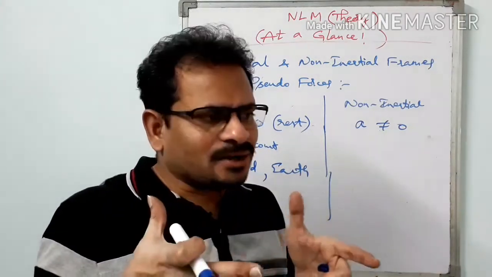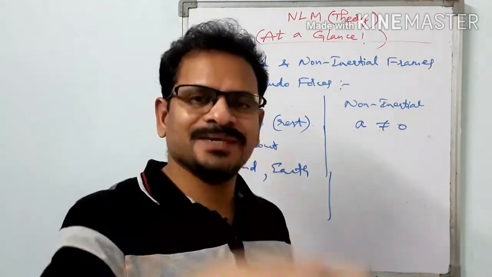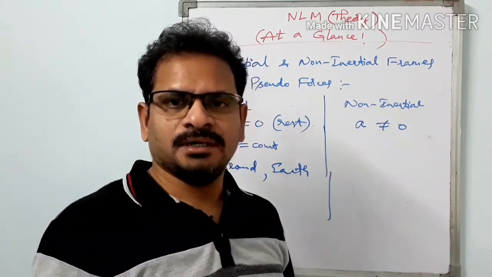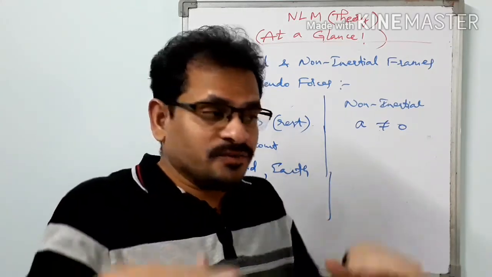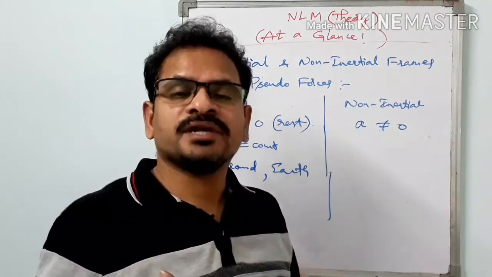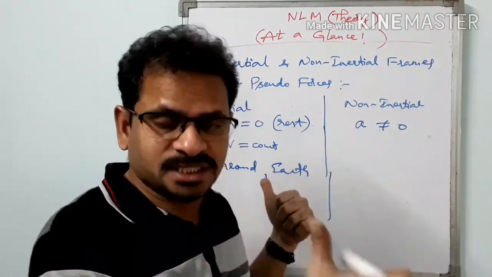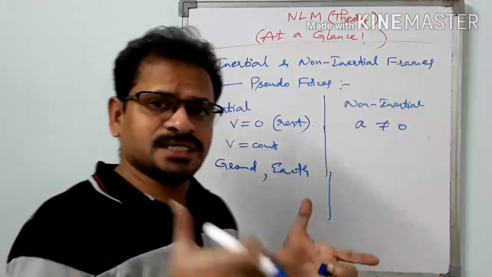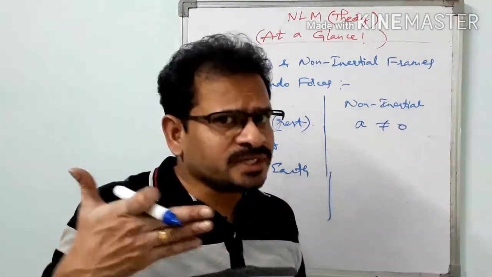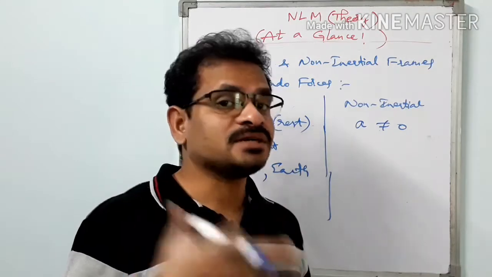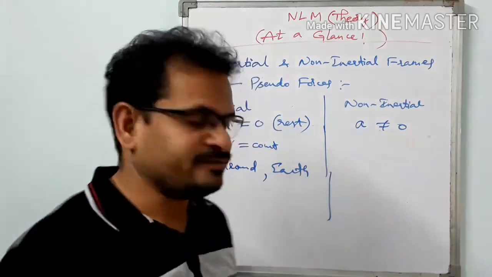Suppose the car moves with a constant velocity, and the same person observes another event, now working with the frame of reference of the car. The frame of reference of the car is an inertial frame because it is moving with a constant velocity. If the car is at rest, inertial. If the car is moving with a constant velocity, inertial frame of reference. If the car is accelerating, non-inertial frame of reference.